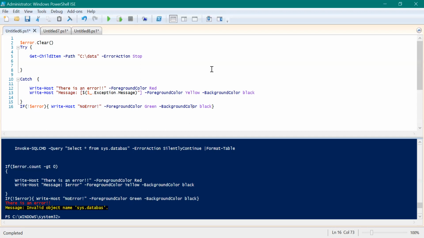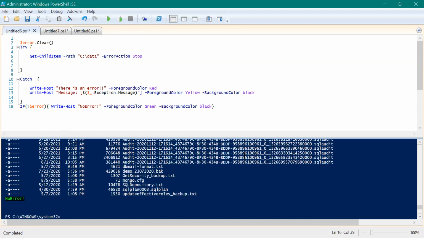Okay. So let me go ahead and execute this. So first time when I execute, it should not throw any error because I don't have any problem with the code or any problem as such. So it should ideally list down all the files and throw no error. Okay. And I would also write down this message which says no error because there will not be any error inside the error variable. So it should also go inside this if condition. Okay. So let me go ahead and execute this.